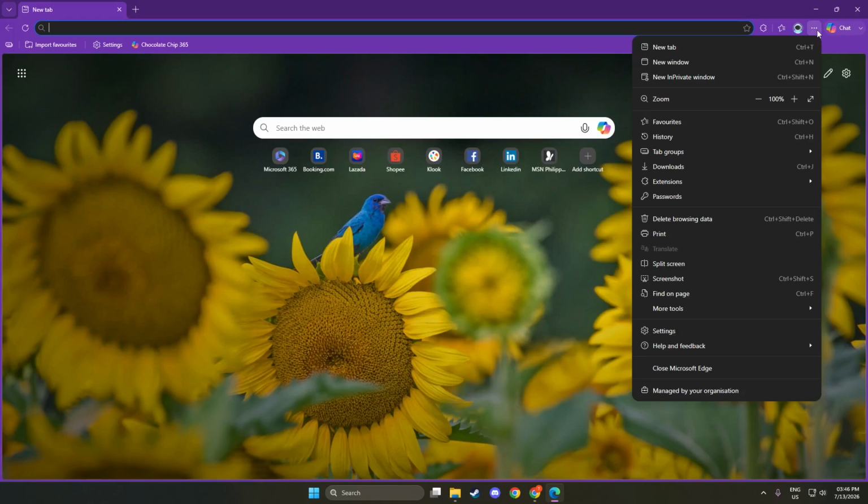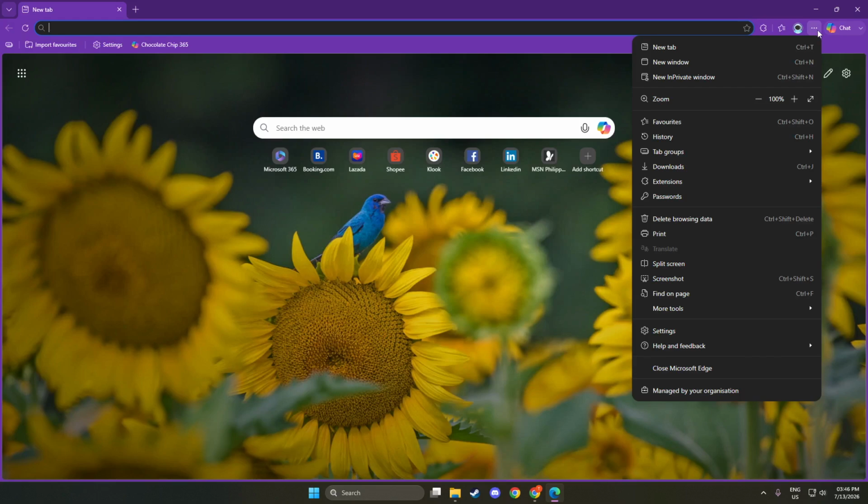This menu contains various options that let you customize and manage your browsing experience. Selecting the right option here is crucial because it leads you to the settings where you can manage your saved information, including passwords. Once you click the icon, you will see a clear list of options to choose from.